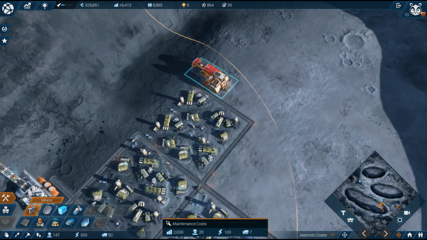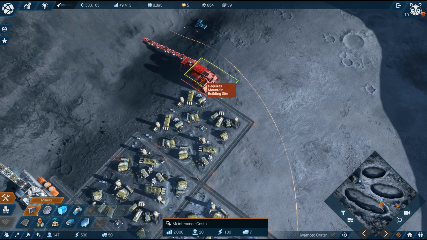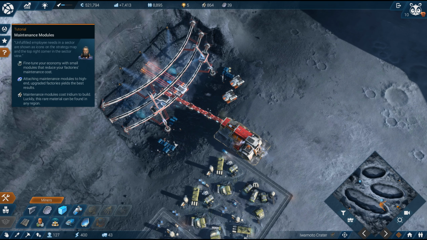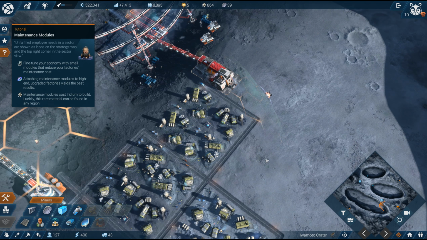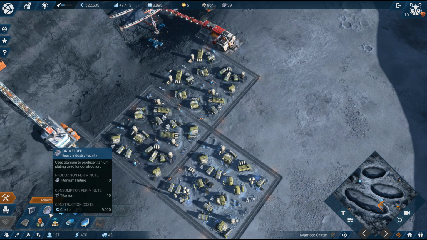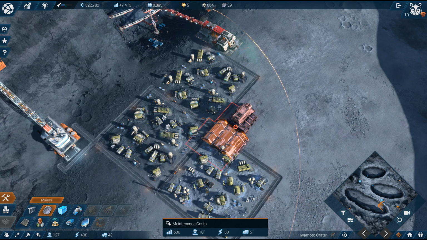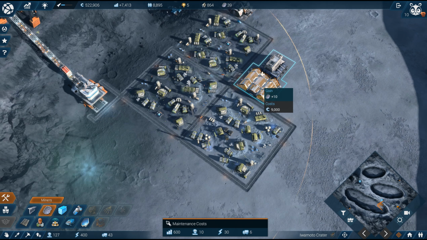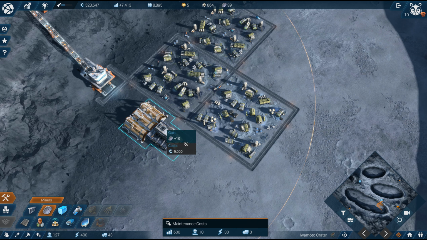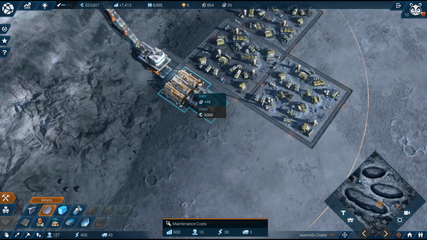Produces titanium. Okay, so... There's titanium on the moon? That is a new one to me, but possibly. We don't really know what's up there. So that produces titanium and then titanium plating. Okay, so that facility is quite big. If I can fit you in there? Possibly. Let's go with you...